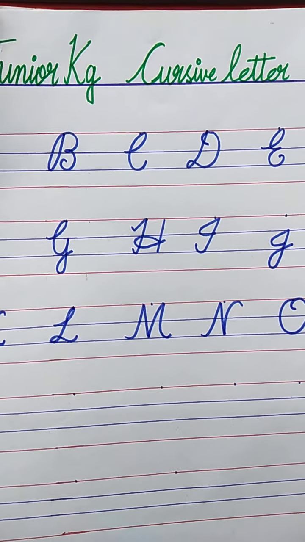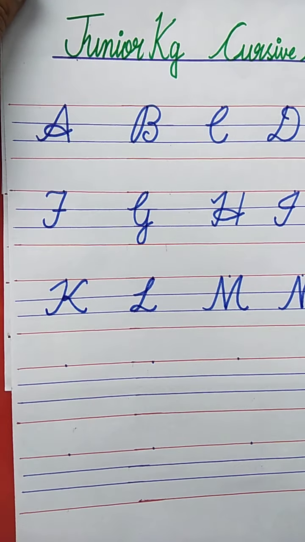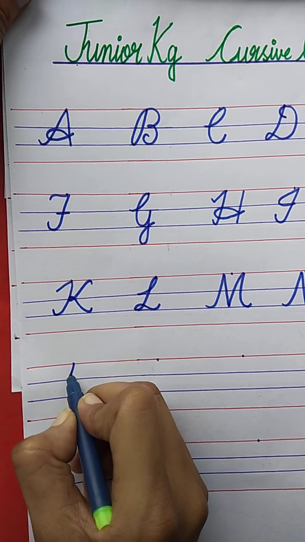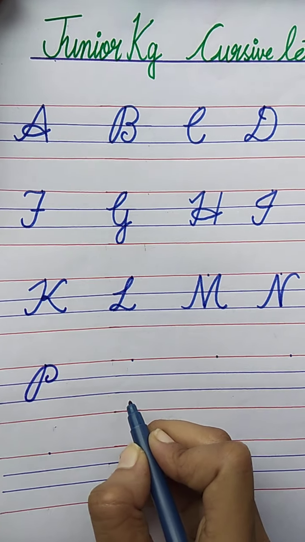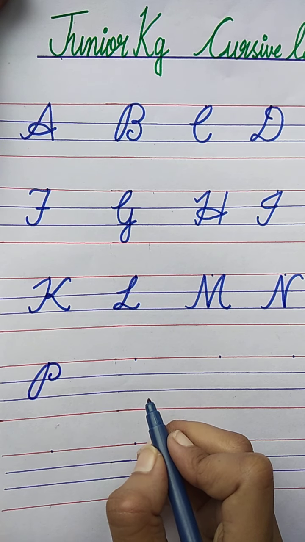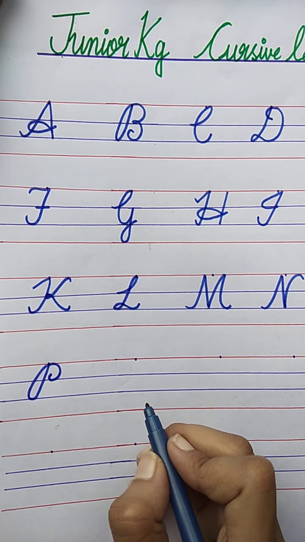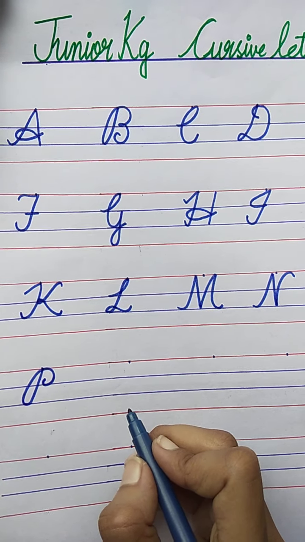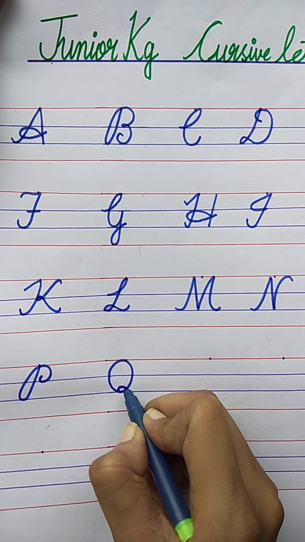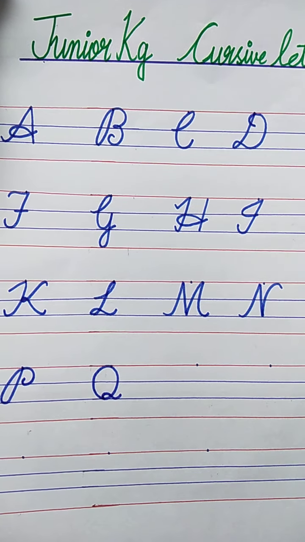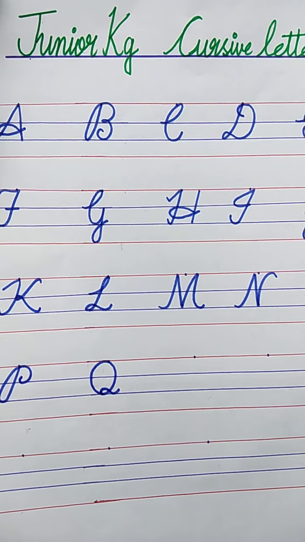Owl. Now the next letter is P. P for peacock. See here, slanting line, semicircle, stop here. P for peacock. The spelling of peacock is P-E-A-C-O-C-K. Peacock. Now the next letter is Q. Curve, again curve, loop, curve line. Q for queen. The spelling of queen is, speak with me,